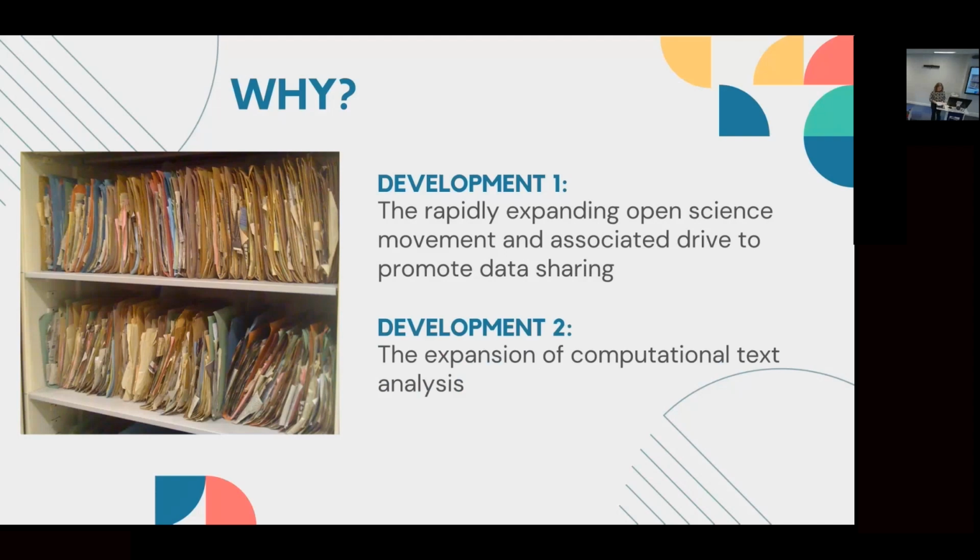And the second kind of reason is the expansion of computational text analysis, which has provided researchers with a range of sophisticated tools and techniques for analysing enormous amounts of text data at relative speed and efficiency. And these tools are really advanced as part of the big data movement. And of particular value to qualitative researchers has been text analysis, so using computational tools to sort and process large